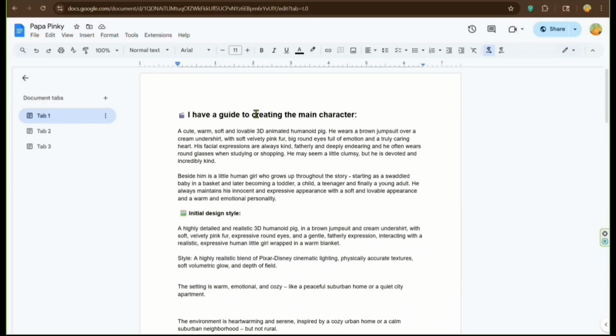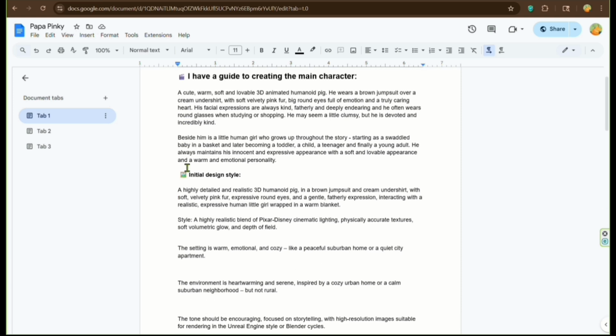Here we have a very precise and professional prompt. We describe the main characters from the beginning. For example, we say, a cute, warm, soft and lovable 3D animated humanoid pig with a fatherly expression. This section tells us what the main character looks like, how he feels, what he is wearing, and even how he moves. The second character, who is a little girl, also briefly describes the second character's growth path, from infancy